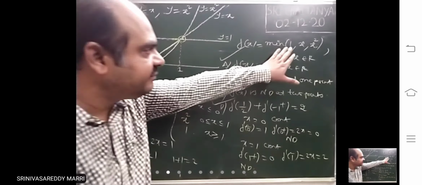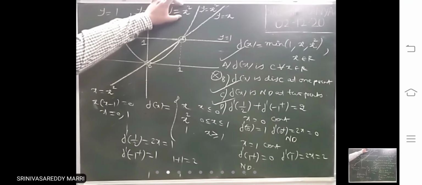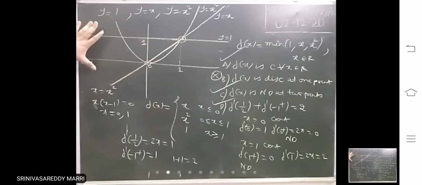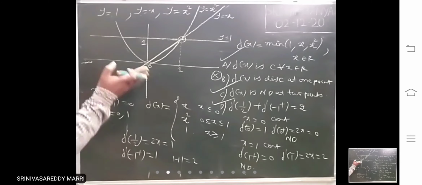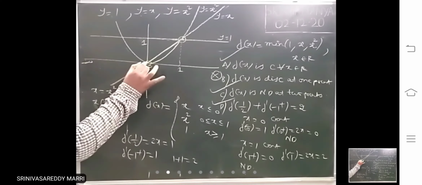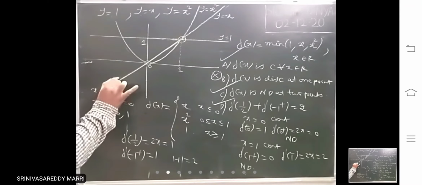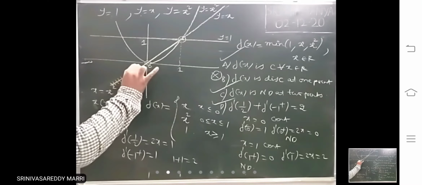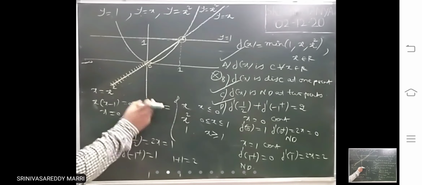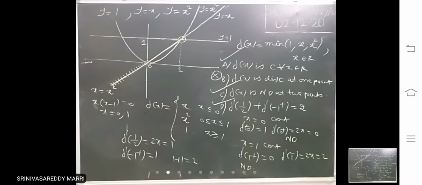Whenever a minimum is given, you draw the 3 graphs. While drawing, I have also marked the intersection points. From the graph you write what f of x is. Minimum means the one that is below. That means from minus infinity to 0, this is minimum. I am dotting this, look at this. When x is less than 0, this is minimum. This dotted one is f of x, from here to here.